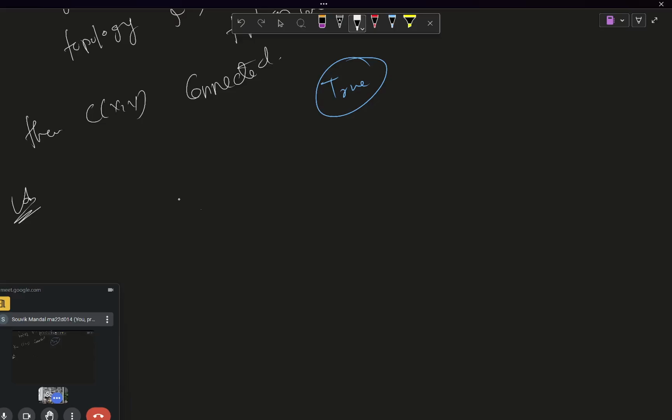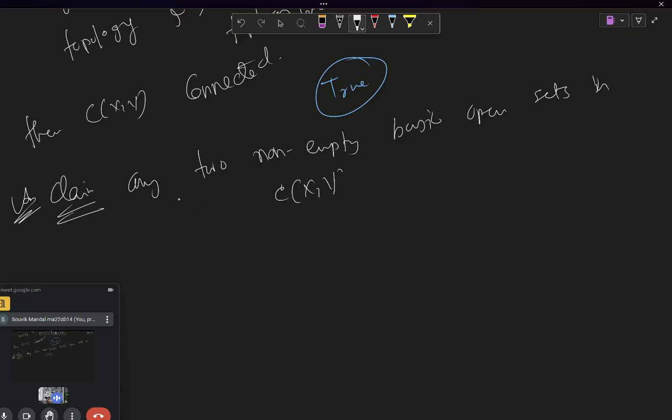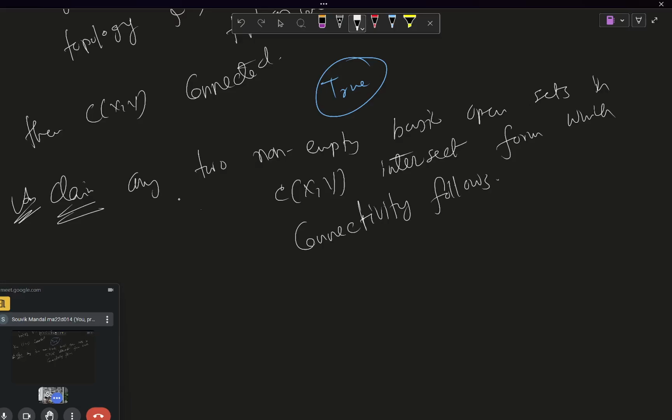So the thing is, we are claiming that any two non-empty basic open sets in C(X,Y) intersect, from which connectivity follows. Okay,